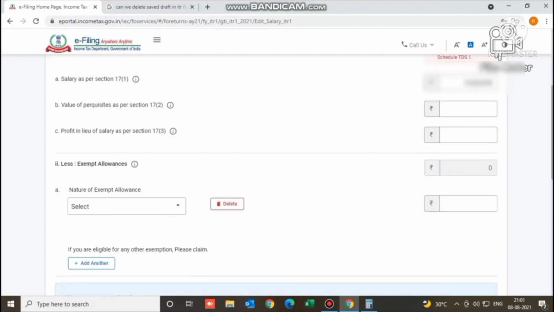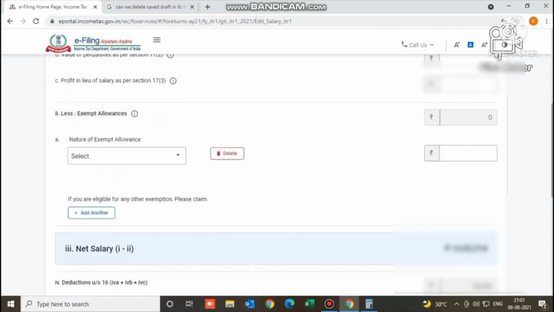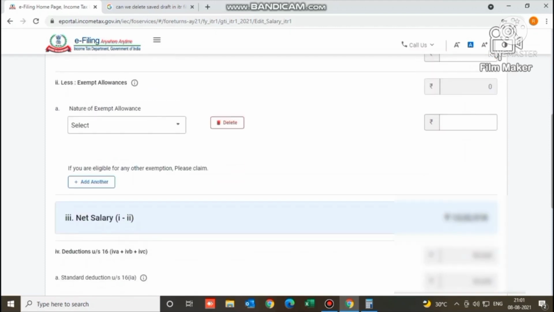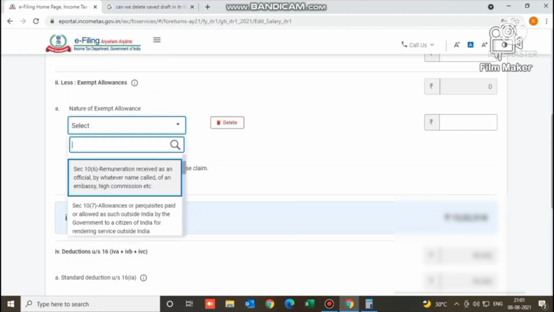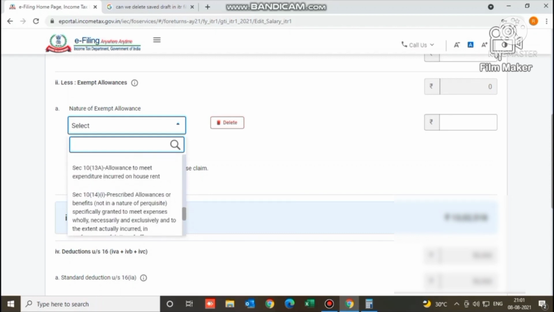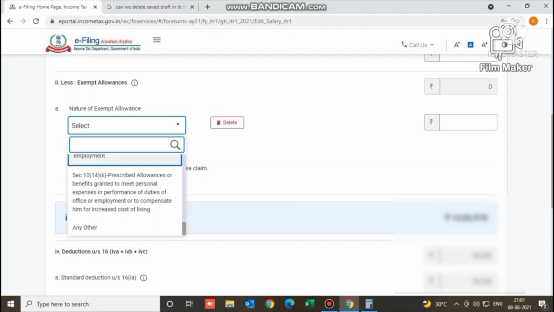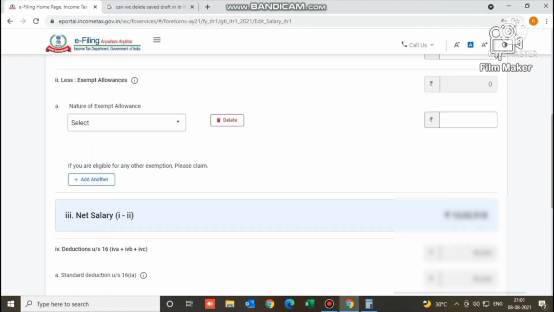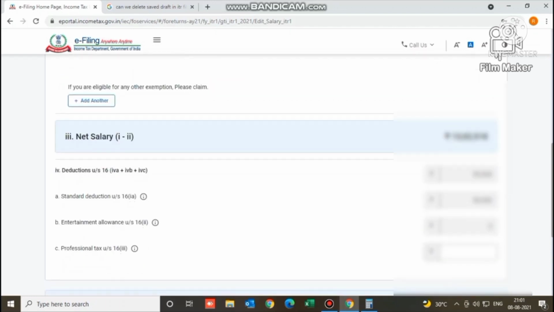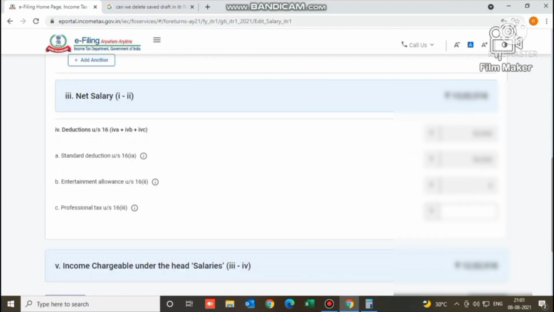The exemptions include leave travel allowance, death cum retirement gratuity received, commuted value of pension received, leave encashment on retirement, allowance to meet expenditure on house rent, etc. Select whichever is applicable to you and add the amount exempted in the column provided. If you are eligible for any other exemptions, you can claim by adding using the tab Add Another.